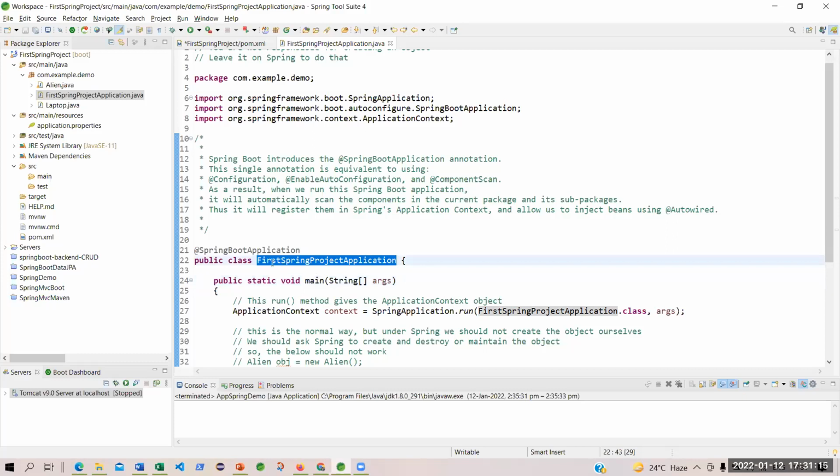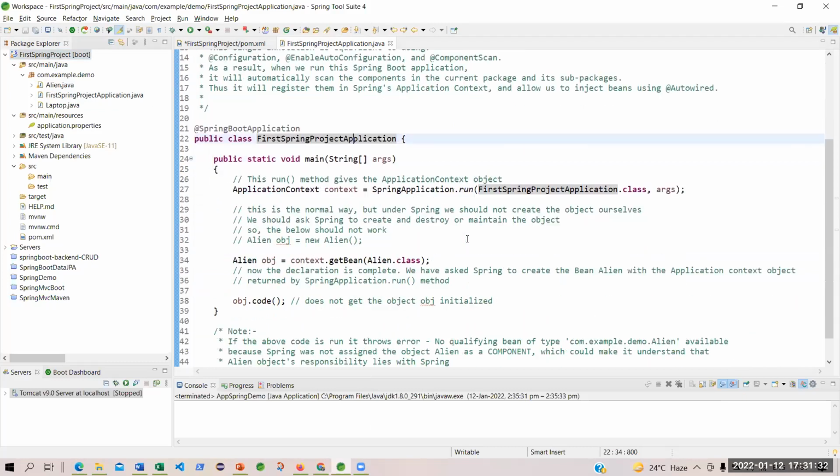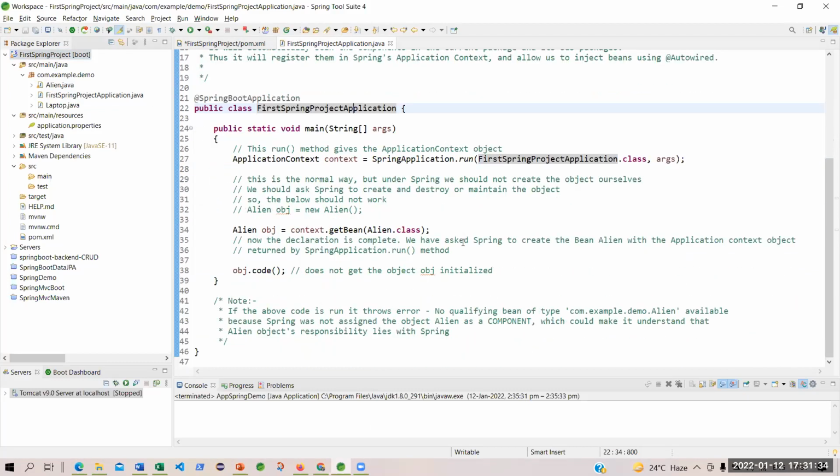What is the name of the project? First Spring project. And then it has automatically added Application. So it is FirstSpringProjectApplication.java. And this is the main file through which you will execute the project.